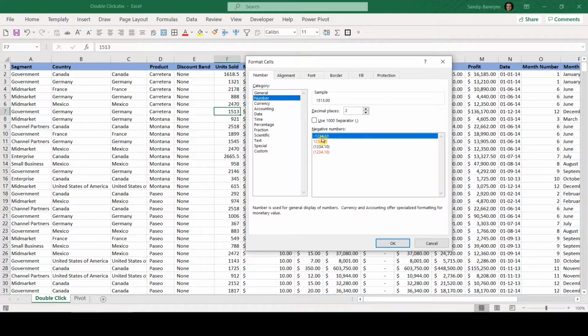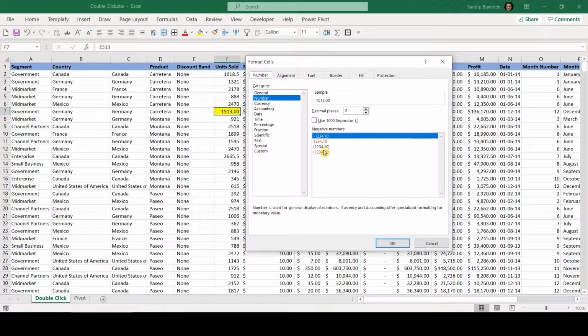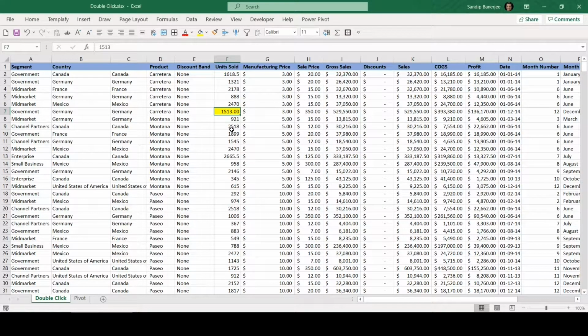If you wanted to continue with this particular option, which is currently selected as blue, you can just double click there and it will take effect. You can see it changed that formatting. So instead of selecting the option and then clicking on OK, if you just double click on the option, it will take effect. So that's the way you can use double click within any dialog box to take action.